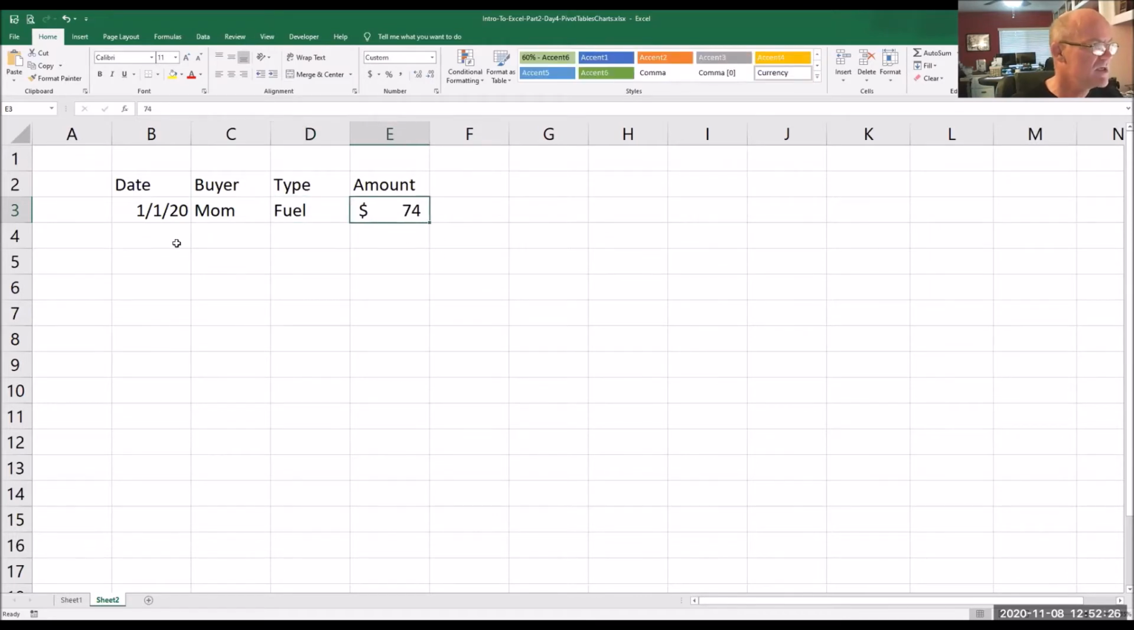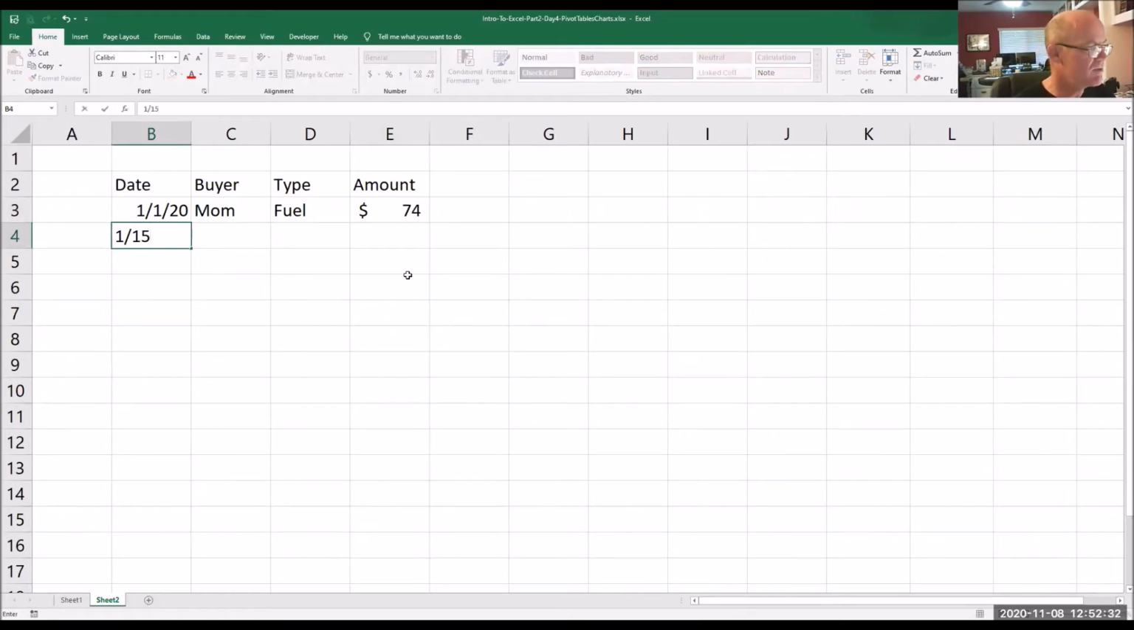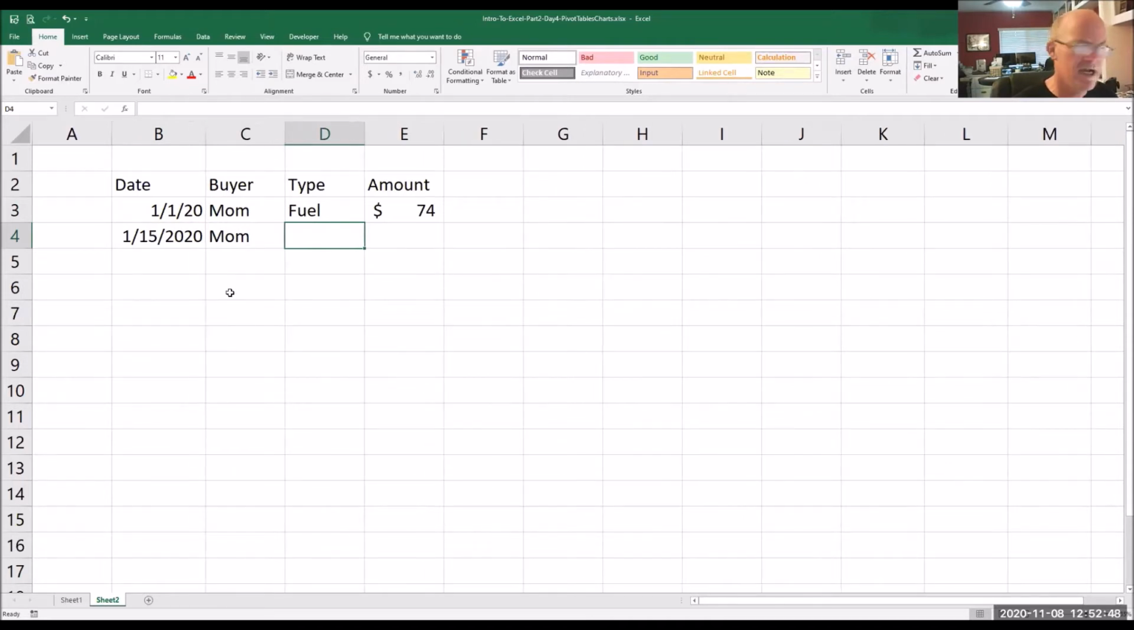Excellent. So I'm going to put in another date. Let's go with maybe January 15th. Mom again. Uh-oh. I'm going to have to expand column B because right now the width does not show the date as I entered it. So I'm going to expand that a little bit. My formatting has not gone down to that. So what I'm going to do is